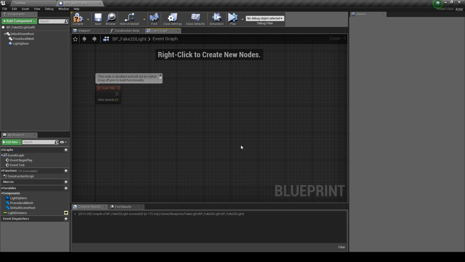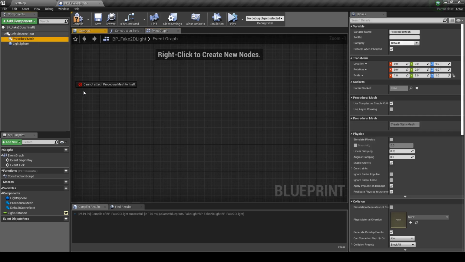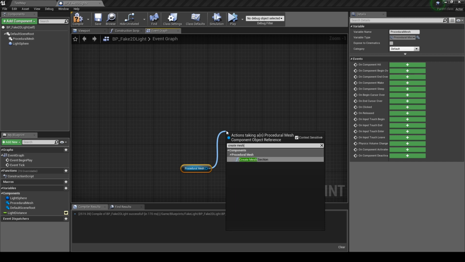So let's start there at the very end, and we know we're going to make this mesh out of a line trace, but we're going to start at the very end. Let's pull in our procedural mesh, drag off of it, and we're going to create. So type in create mesh section,